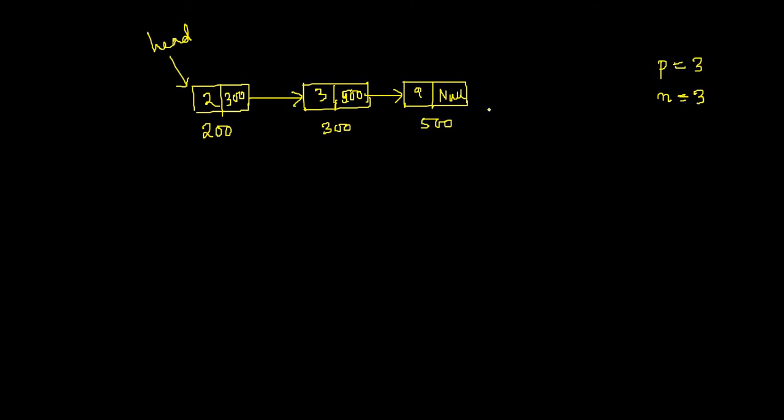Now see, that means if you want to delete this node, this node will be the last one. After deleting this last node, the second node basically will be the last one, right? So somehow you have to reach the second node. That means you need a pointer that will point to the second node, and you will just write the pointer next equal to null.